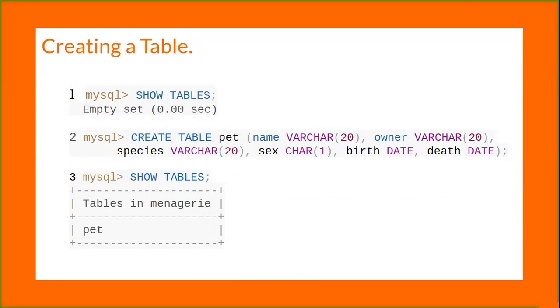Because the name by itself is not very interesting, the table should contain other information. For example, if more than one person in your family keeps pets, you might want to list each animal's owner. You might also want to record some basic descriptive information, such as species and their sex.